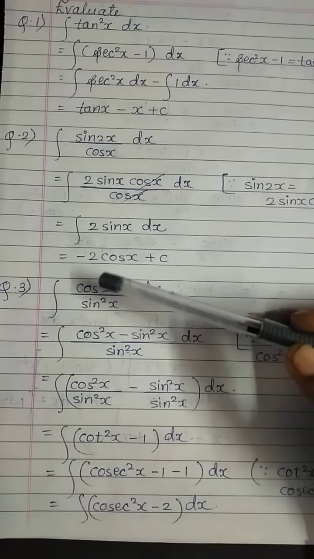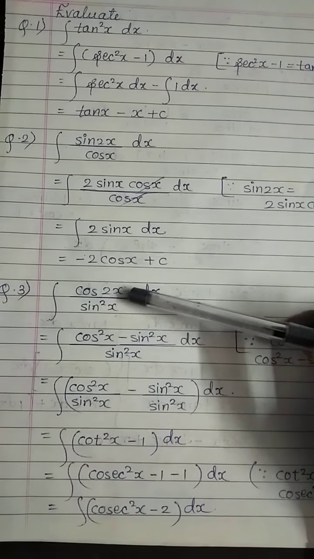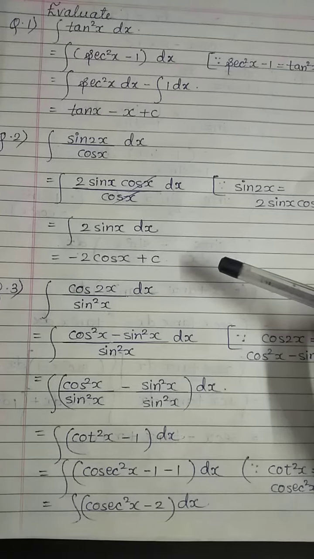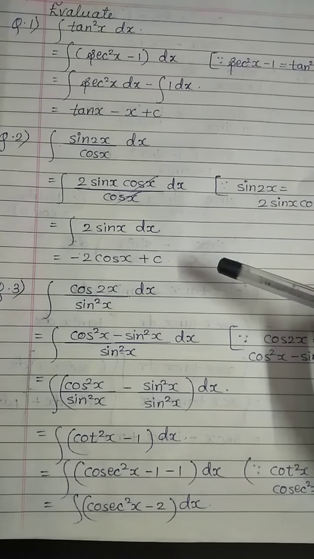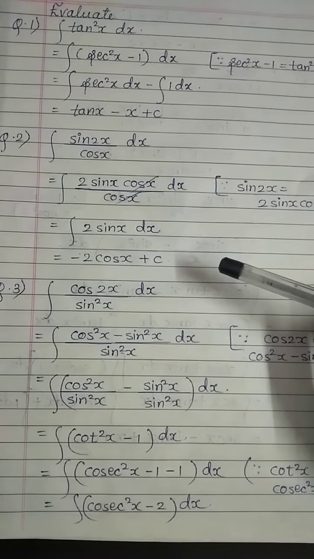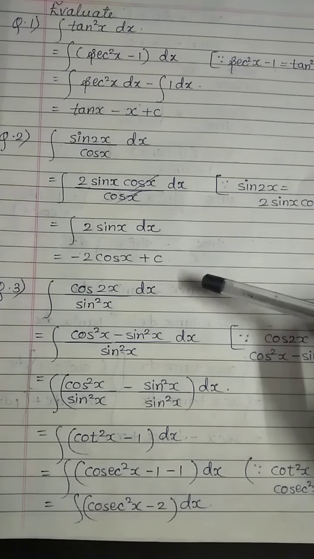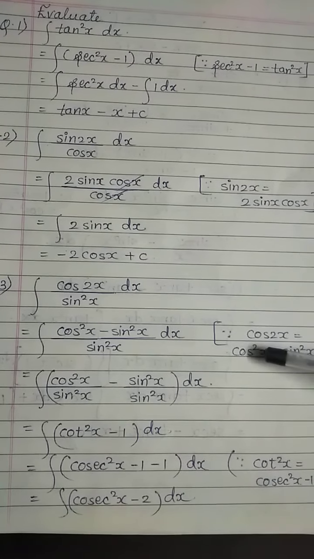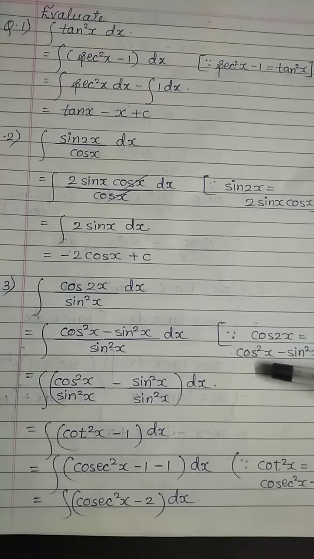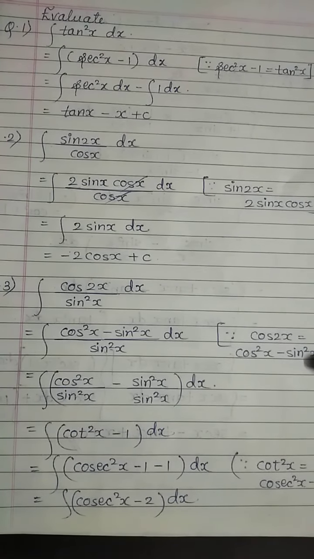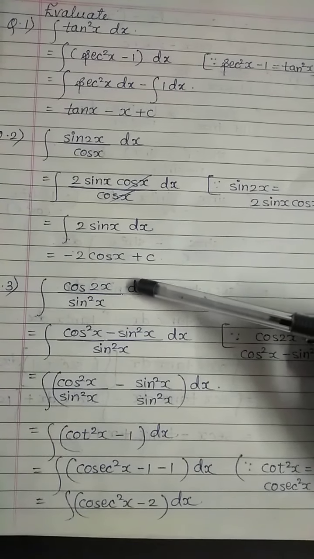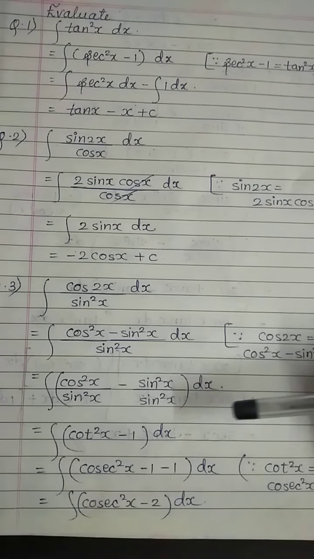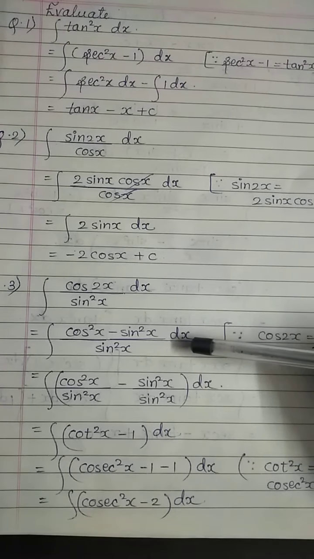Now question number 3, integration of cos 2x upon sin square x dx. Now we know that there are 4 formulas for cos 2x. Out of those 4 formulas, we will use any one of the formulas. Suppose we use cos 2x is equal to cos square x minus sin square x. So by writing that formula here, we will get cos square x minus sin square x upon sin square x